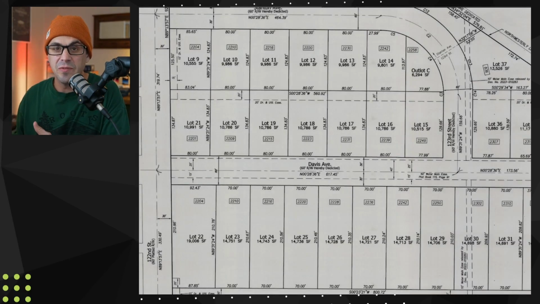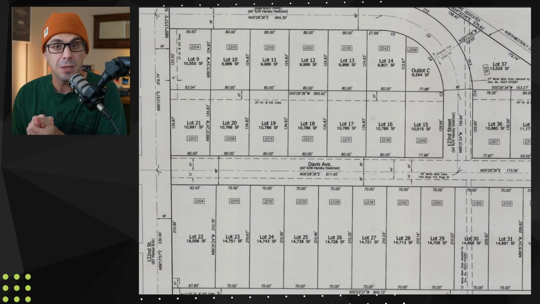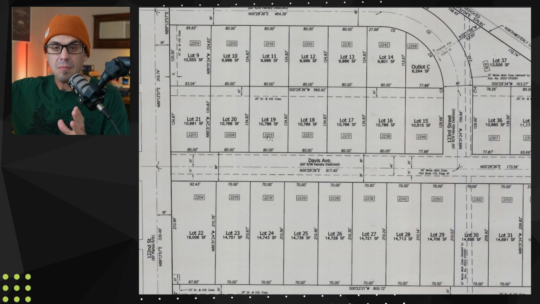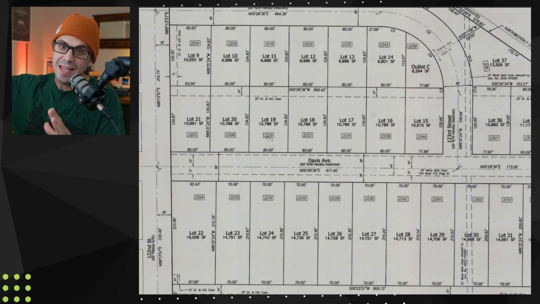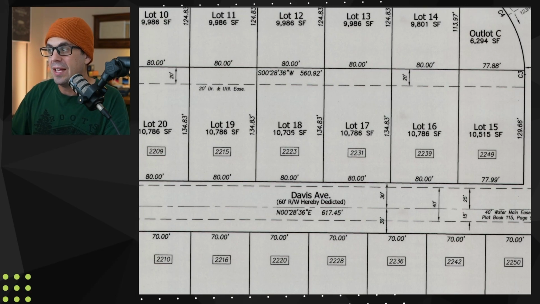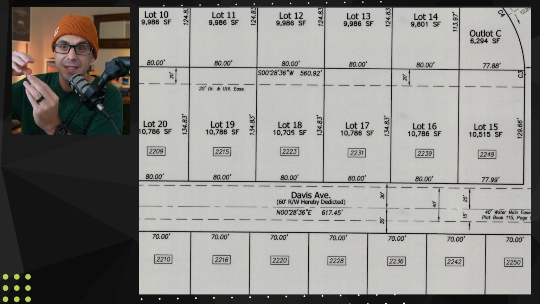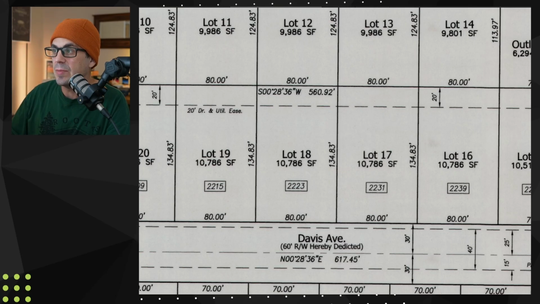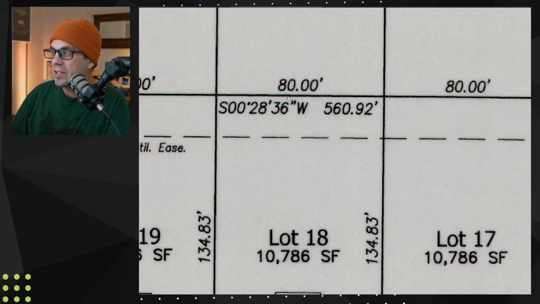Now, if you're building in a subdivision, you may be able to skip a couple of these steps. So you probably don't need a boundary survey because most likely your subdivision has been platted. What that means is somebody has already come in, typically a surveyor or engineer, taken the big parcel, taken the boundary survey, and then broken that down into individual parcels and submitted this to the county or city. So now this is your official lot. It's saying, hey, of this boundary, this is lot 18, and we've defined lot 18 as this. So you'll see here, you have all your handy dandy measurements, like 80 feet is your lot width,